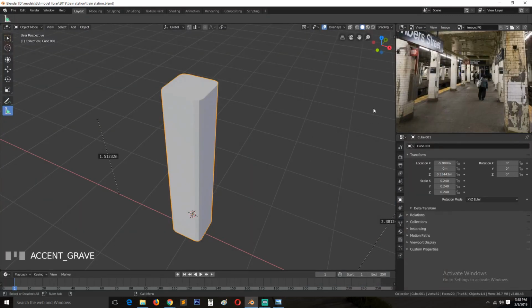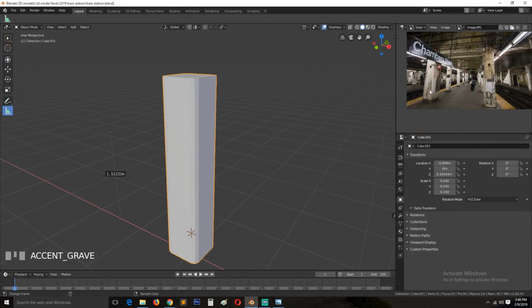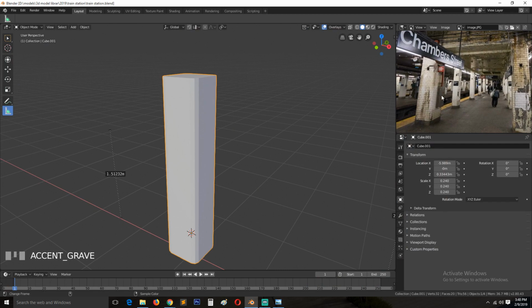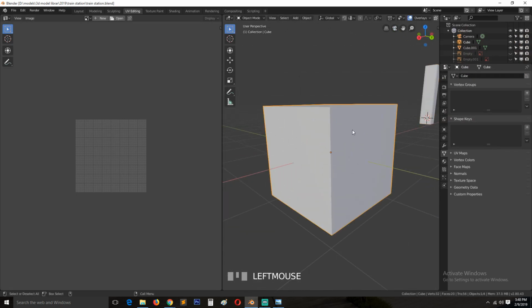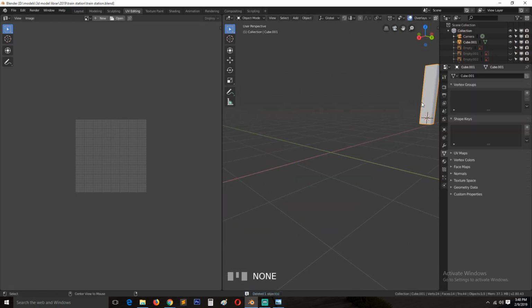Okay, so this is part 3, and we can begin the texturing. We're going to first need to UV unwrap this, so I'll go to UV edit. Then I can delete this, we don't need it. I'll also reposition this